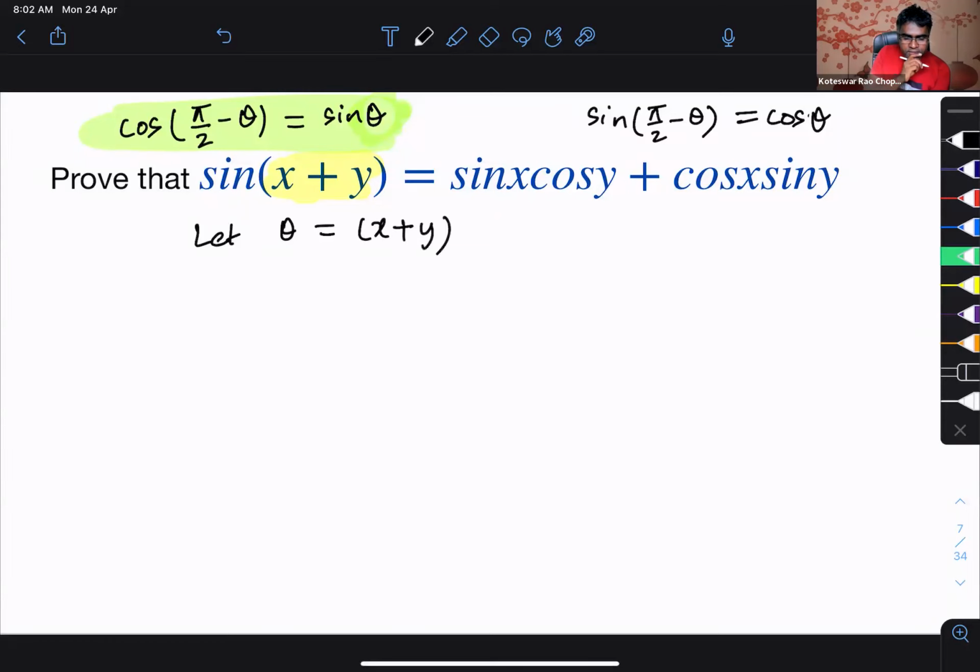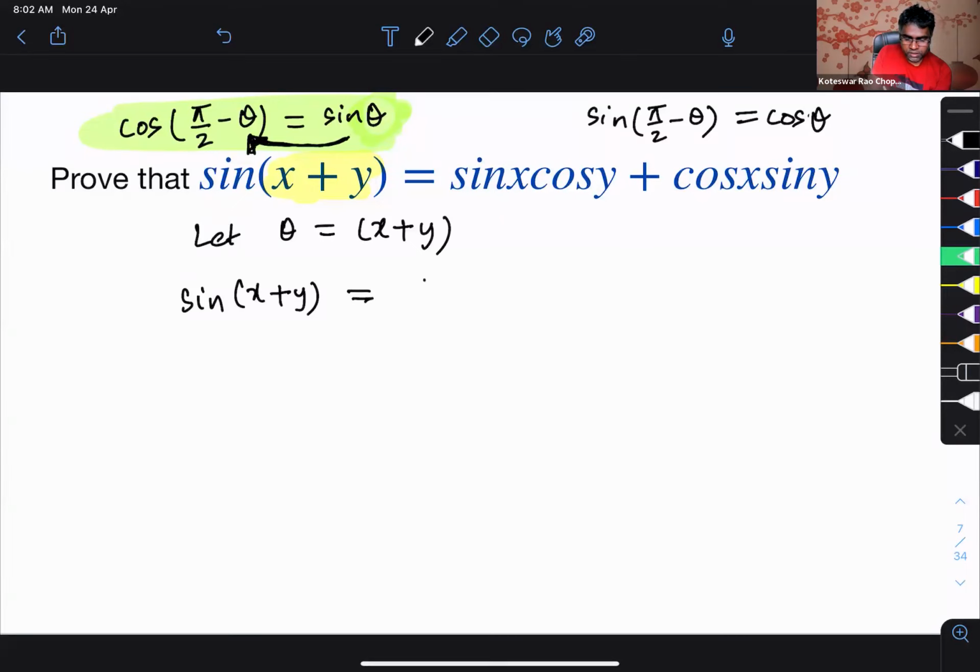In that case, I have sine theta, right? Sine theta I can write as cos of pi by 2 minus theta. So I'm going from right hand side to left hand side. So sine of x plus y